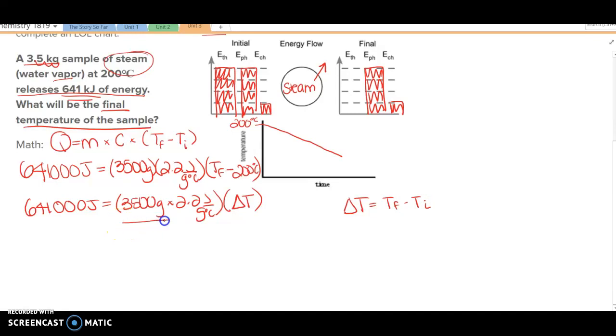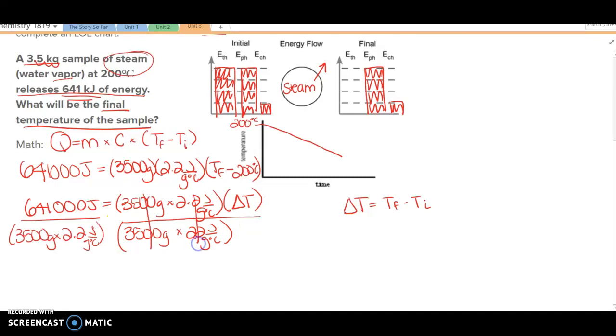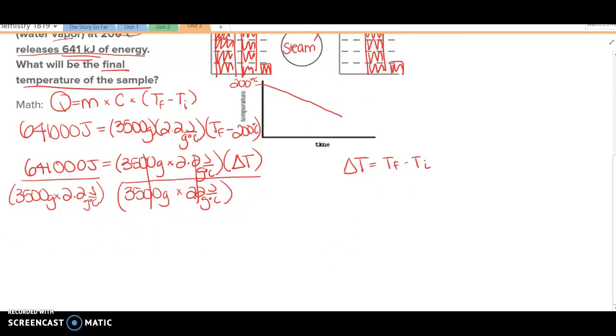To get delta T by itself, we want to divide on both sides by 3,500 grams times 2.2 joules per gram degree Celsius. This gets delta T by itself, and we can simplify this whole thing up here and set it equal to delta T. When you correctly divide that value by 3,500 times 2.2, we end up with the change in temperature being 83